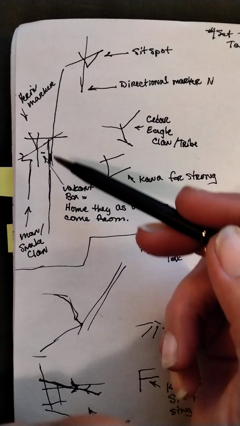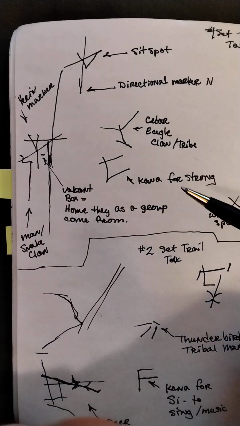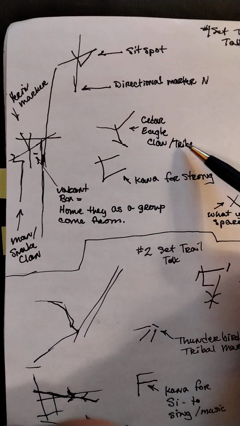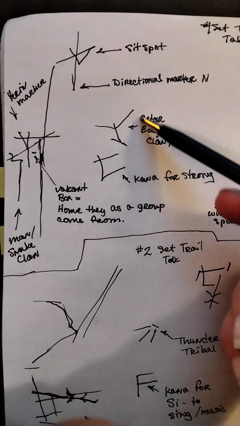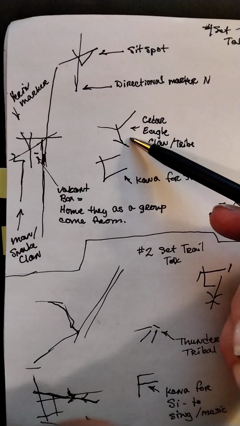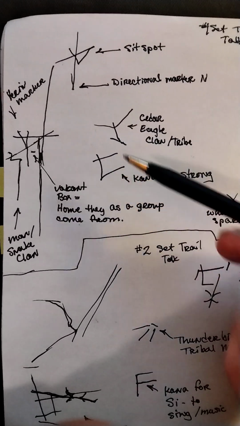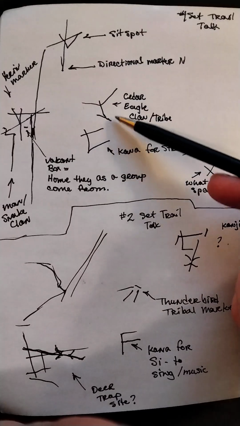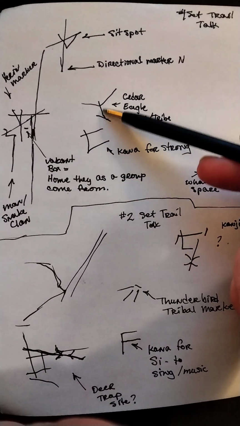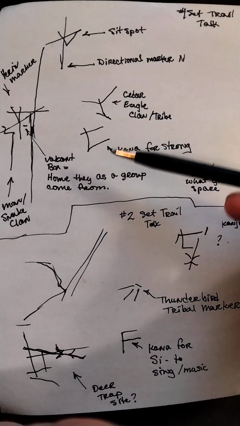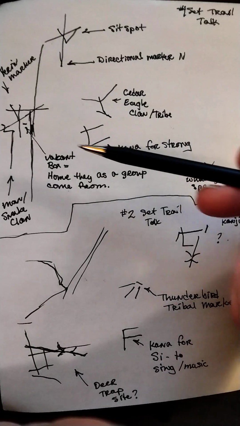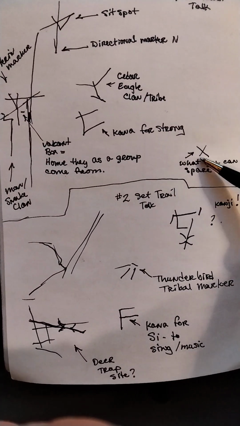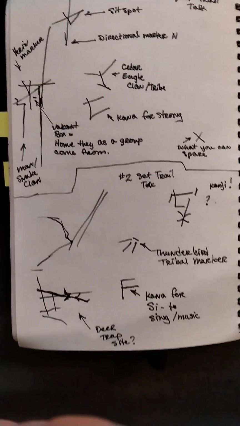So these elements are very specific in some cases. And then you've got the Conifer Strong, and you have Cedar Eagle Clan or tribe. Those people are from Central Oregon. They were part of the people I was with when I was on my turnout. So this hunt was organized with strong ties to people in Central Oregon, so the product would be carried to them. And then you've got the "can you spare what you can spare" marker that runs throughout.